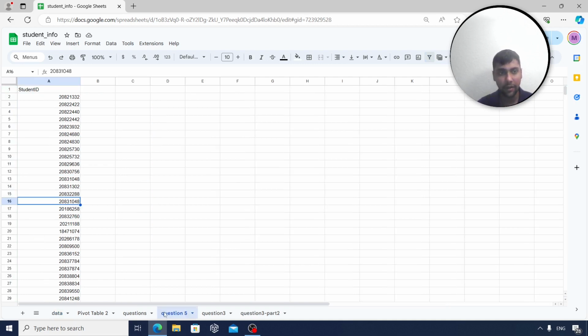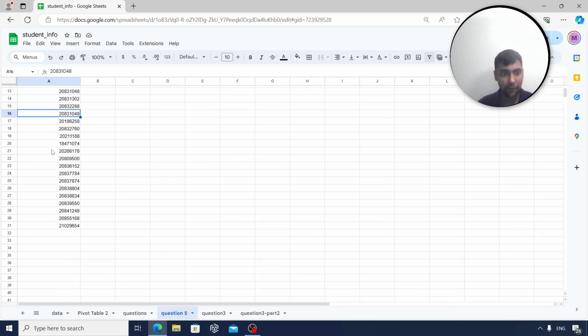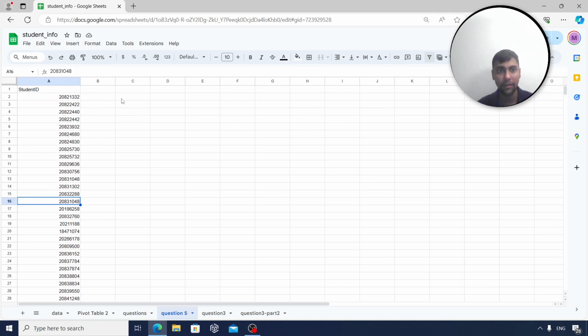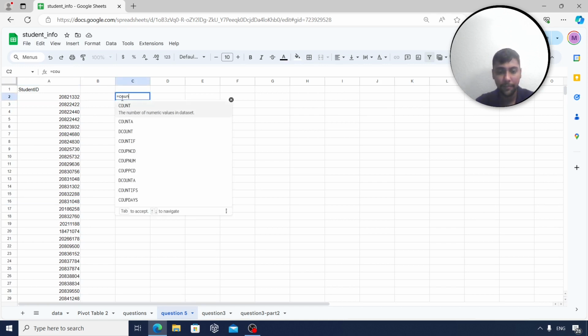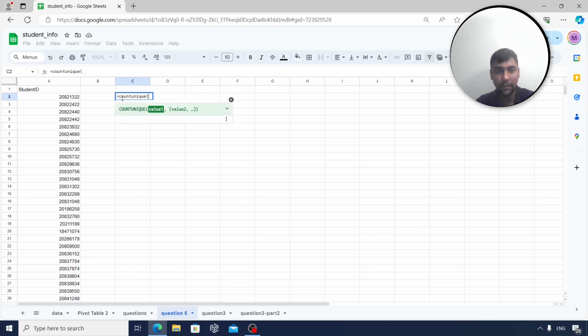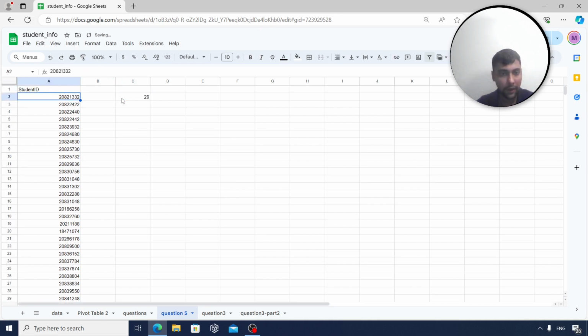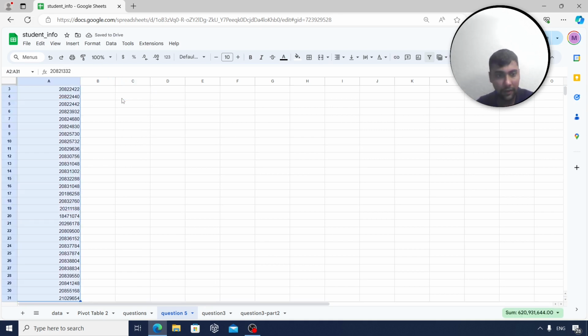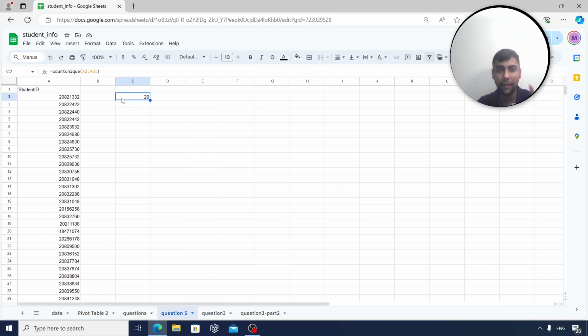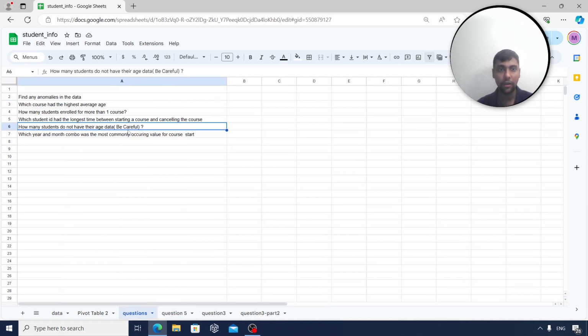So I think this is why they said be careful, because this might not be the final list. Maybe there are some duplicates within this already. So we can say count unique, right? Count unique of this list of values. Now we get only 29, right? If I see this, I see that there's 30 values, but there's only 29 unique values. One person has actually enrolled for multiple courses and they don't have age, right? So the answer will be 29 students do not have their age, not 30, because there's one person whose ID